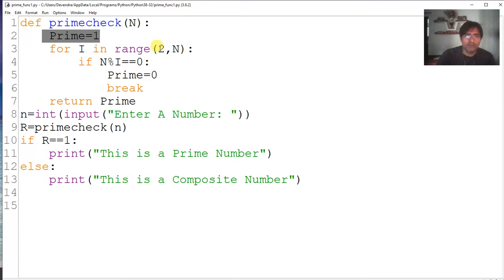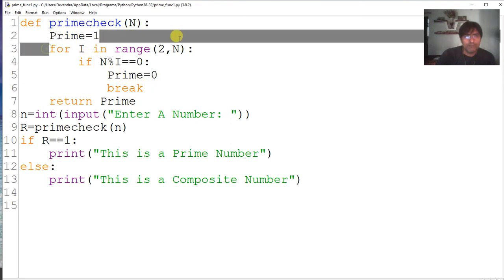So the range is from 2 till n minus 1. If n modulus I equal 0, it means if n is divided by I in the range 2 till n minus 1, we will put 0 in prime variable and we will break the loop, because it is clear if the number is divided in this range, number cannot be prime.